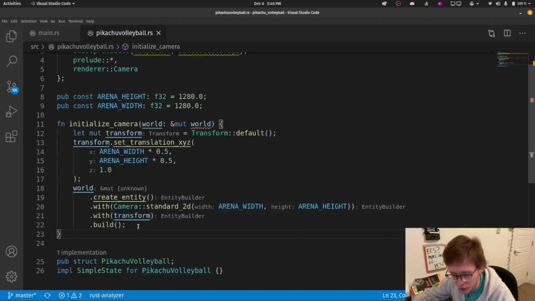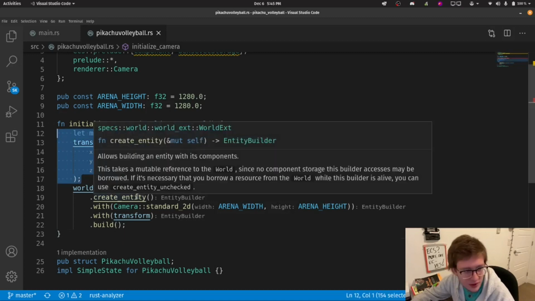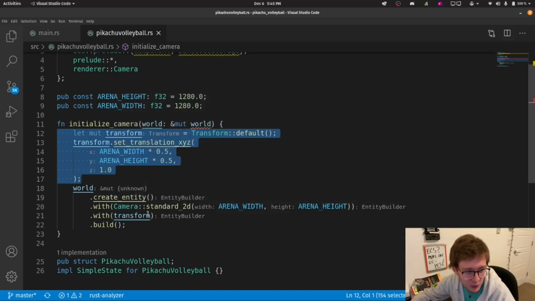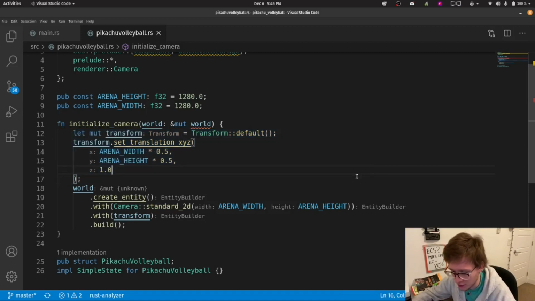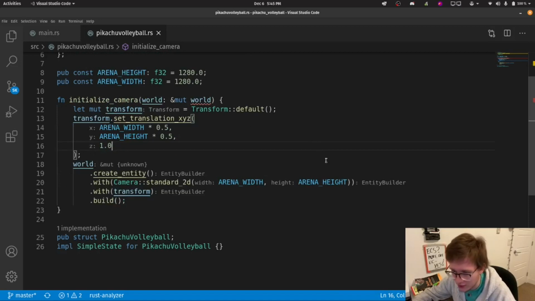In the next with, we're using this transform that we created right here to set up the how our camera will see things. That is, we move our camera to the middle of the arena and up by one dimensional unit. So to help us visualize the setup a bit better, here's a great image from Xing Liu's book. Let me bring it up.